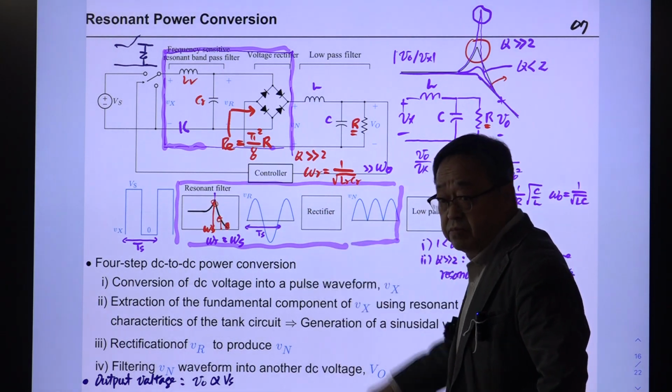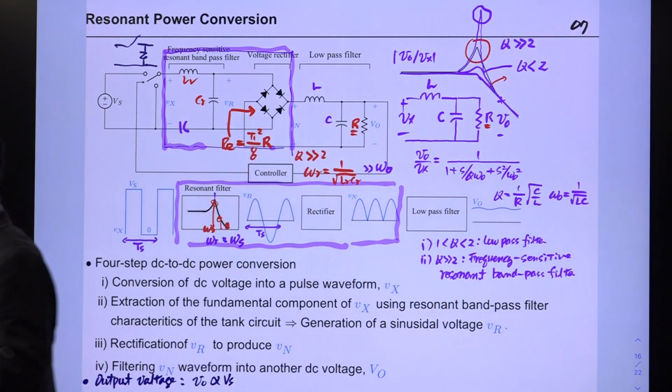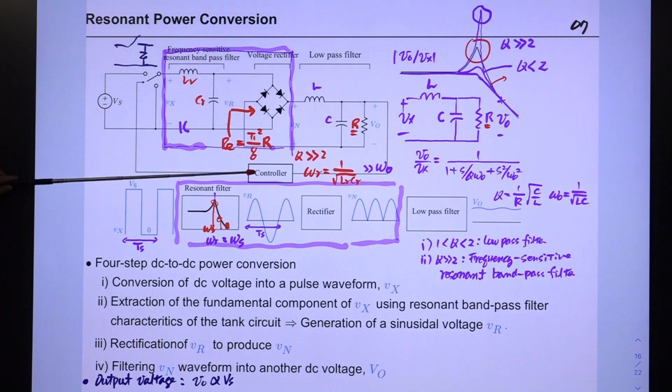Another important difference between PWM power conversion and the resonant one is that the output voltage can be very complex. For the PWM converter, you have a very simple relationship: output voltage is duty ratio times input voltage. But in this case, the output voltage is proportional to the input voltage, but the details are very complex. It's not this type of curve, it's some strange curve. We'll study this later in detail. And the biggest motivation of using this resonant power conversion technique is